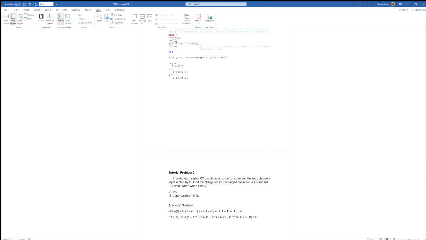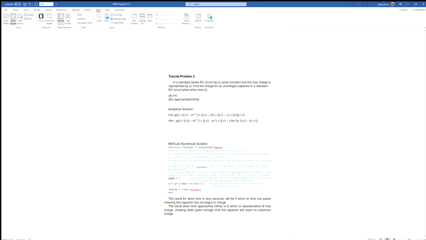And then we get the same exact values, and this is an approximation, but it is 1.14 times 10 to the negative 4. For tutorial problem 2, we are using a standard RC series circuit like described earlier, with the switch,